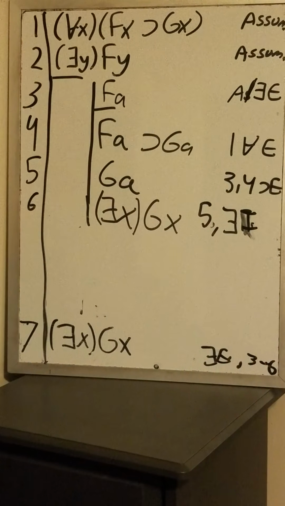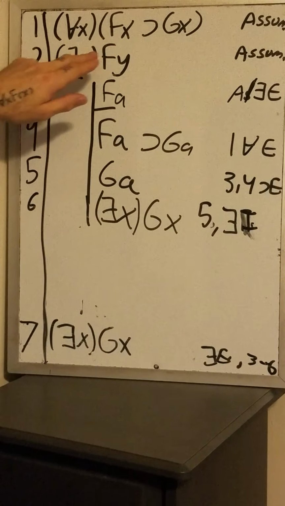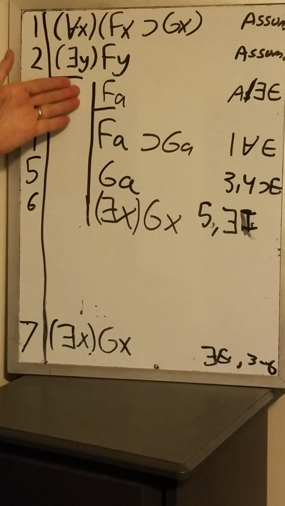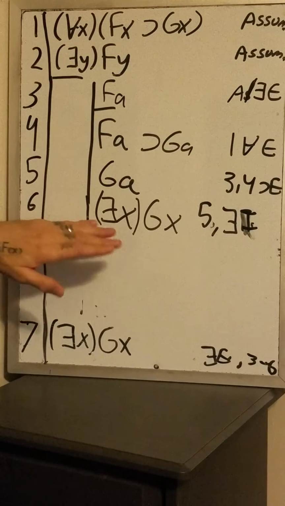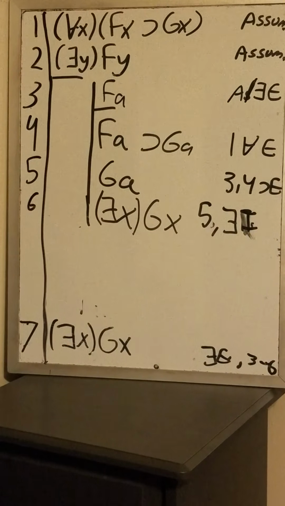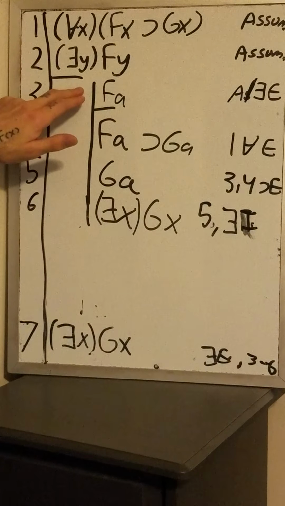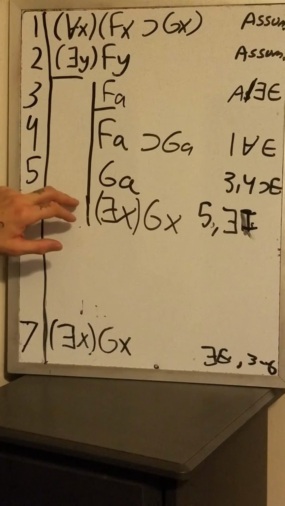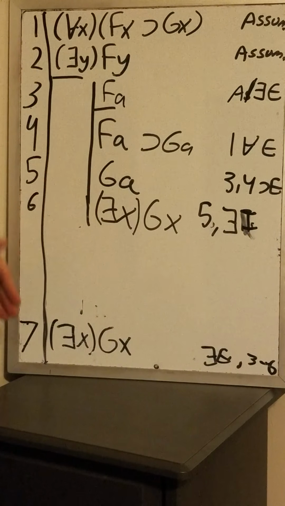So again, the way existential elimination works is you start with an existentially quantified sentence, you begin a subderivation, and whatever you arrive at, you can take out, as long as you meet those restrictions on what letter you start with, and you don't end by taking that same letter out.